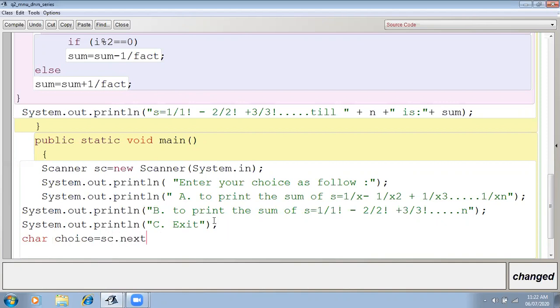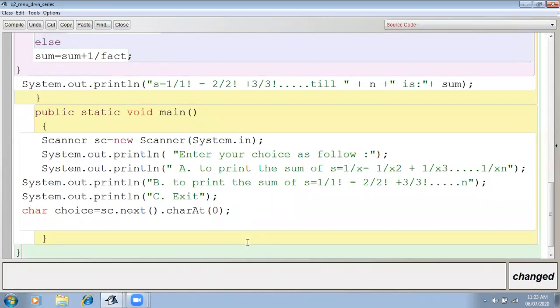Do you remember? To accept the input in character, charAt 0. There is not any specific method to accept the value of a character. So what will we use? sc dot next dot charAt. Okay, like that we can use over here.